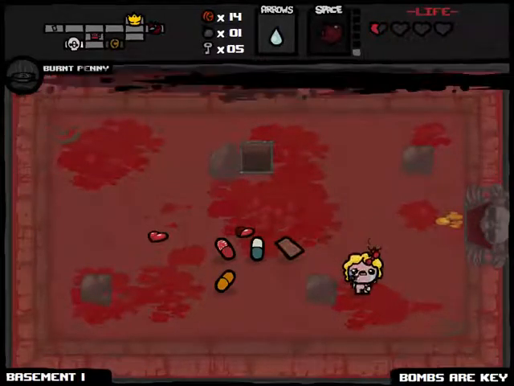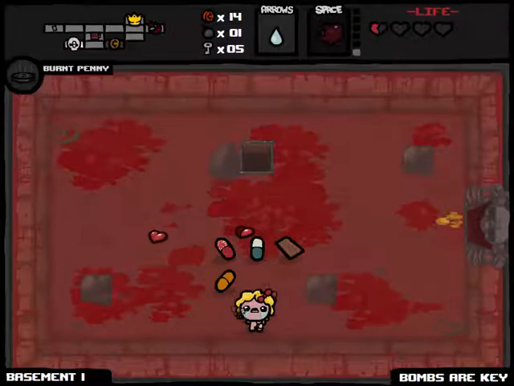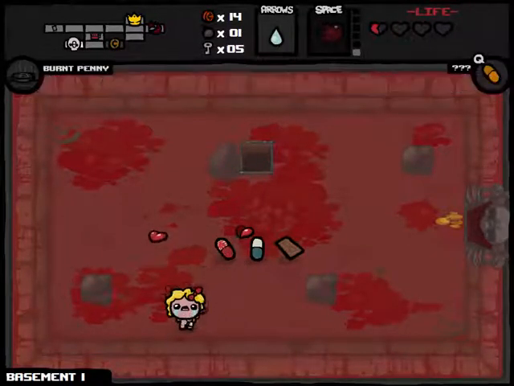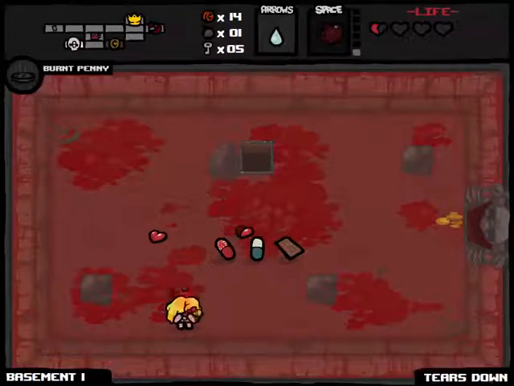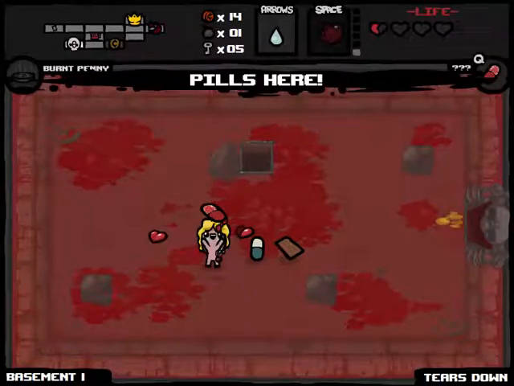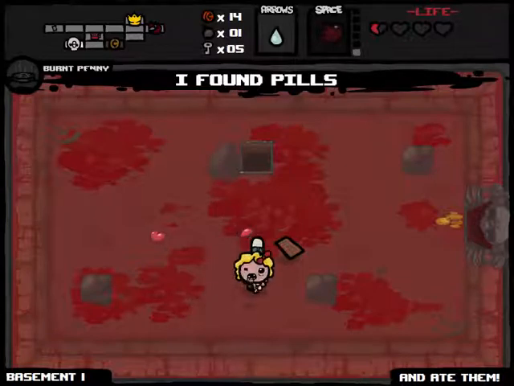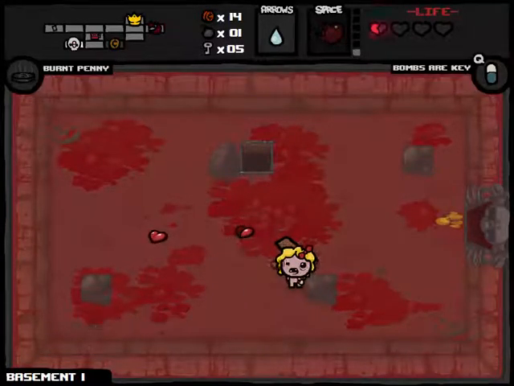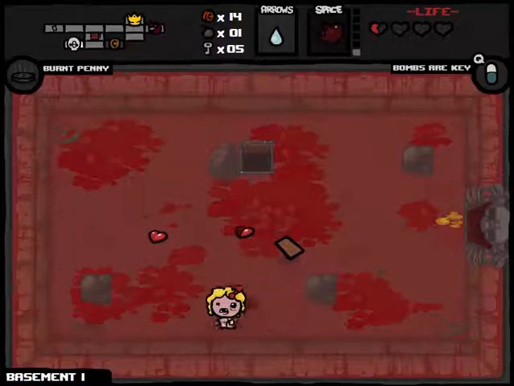This is bombs are key. So now we have 5 keys and 1 bomb, but I'm perfectly fine with that because we can generate more bombs with our burnt penny. And then we have a tears down, which is really awful considering we don't have any damage augmentations right at the start. And we got another bombs are key, so no